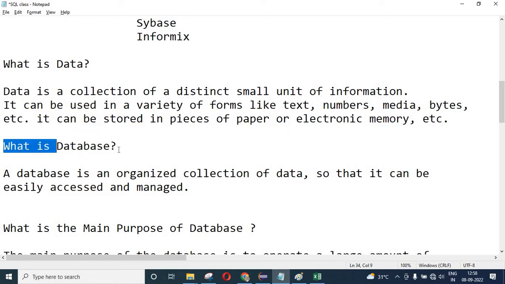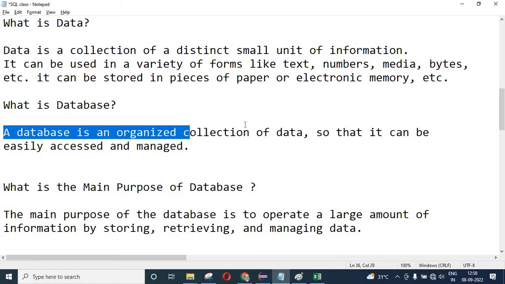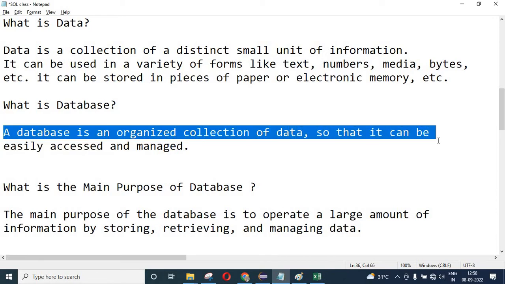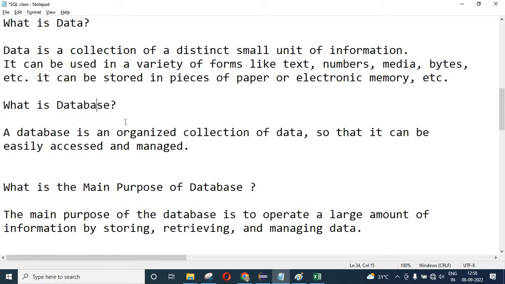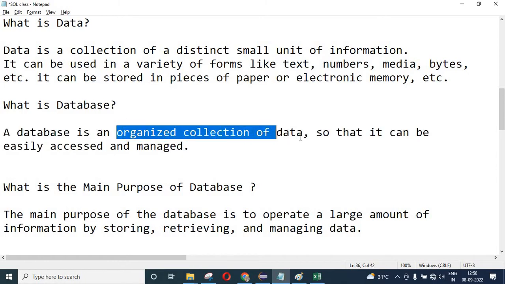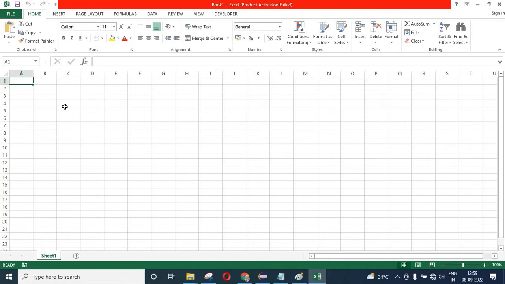So what is a database here? A database is an organized collection of data so that it can be easily accessed and managed. That means a database is an organized collection of data. So data is all the information like text, numbers, media, bytes, and these are stored in an organized collection that is called a database. That means here is an Excel sheet, and suppose we are going to write some